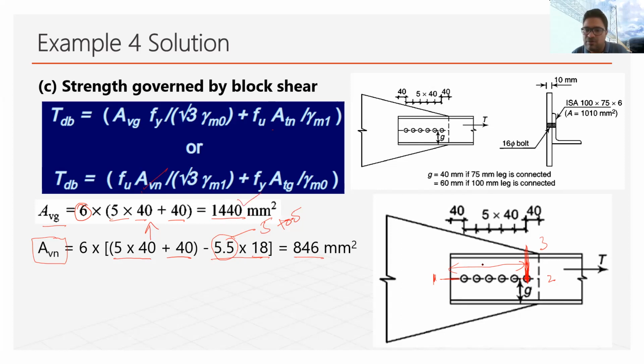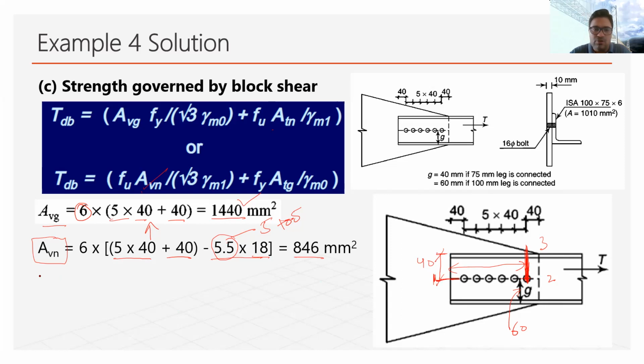Now similarly we will consider the line 2-3, which is this one. Again this is passing through the center of the hole. So while considering the line 2-3, we have to find out what will be this dimension. I have already mentioned that the G value in case 1 is 60, then this value will be 40. Because this is 60, the remaining length is 40, so this value is 40. So the length of the 2-3 section will be 40.